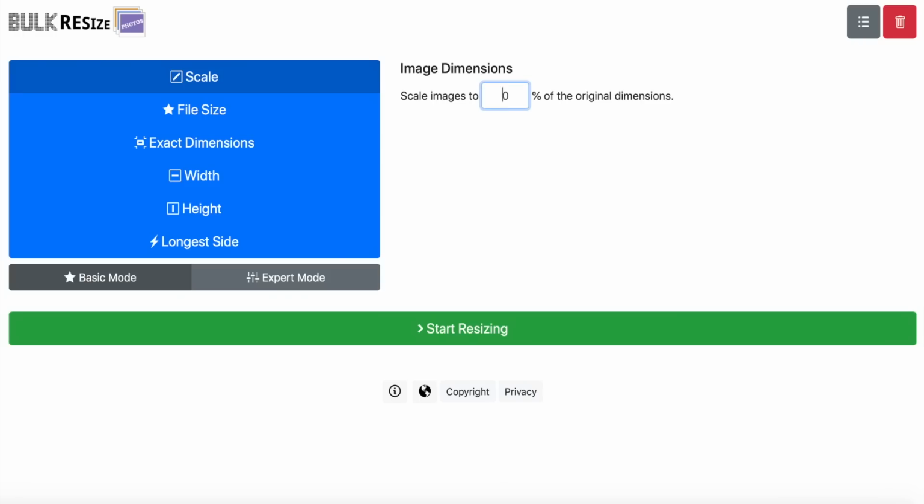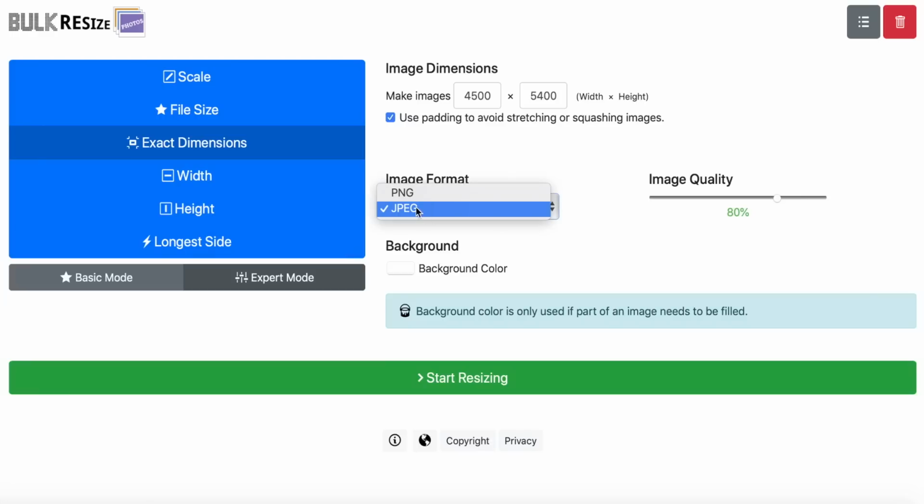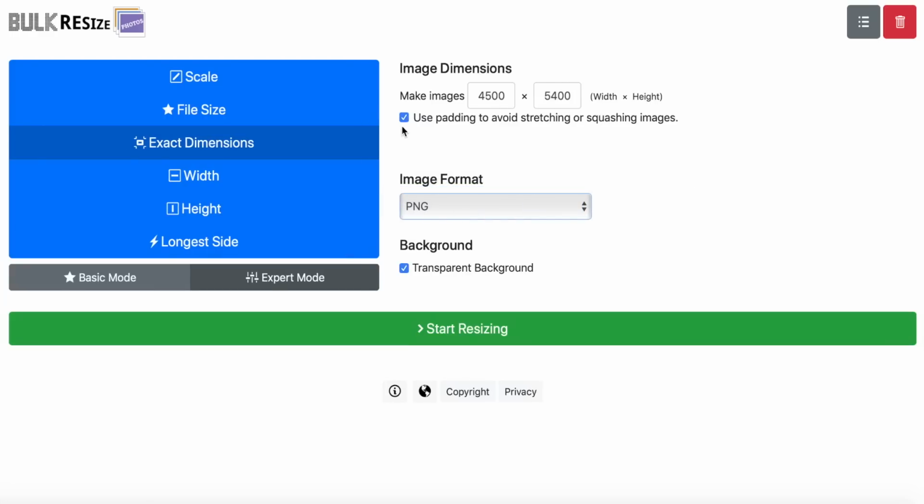So what I recommend doing here to save us a ton of time is taking those 5 to 10 designs that we just created, and before doing anything else, going to bulkresizePhotos.com. Now once we're here, we can select all of the designs we just created, and then we can upload them, and then we just have to do a couple things. So we go to the scale, we change it from 50 to 100, and then on the left side, we go to exact dimensions, and we switch this to that 4,500 by 5,400 pixels, and then we switch it to expert mode down at the bottom, and we turn it to PNG with a transparent background, and make sure that padding is turned on so it's not going to stretch or distort our design at all. And then we just resize these.